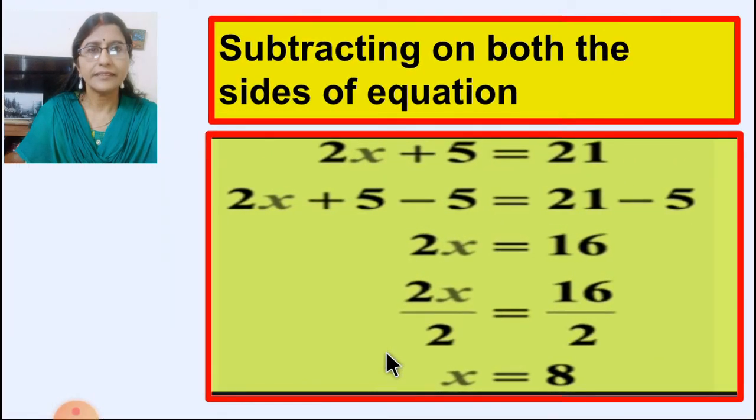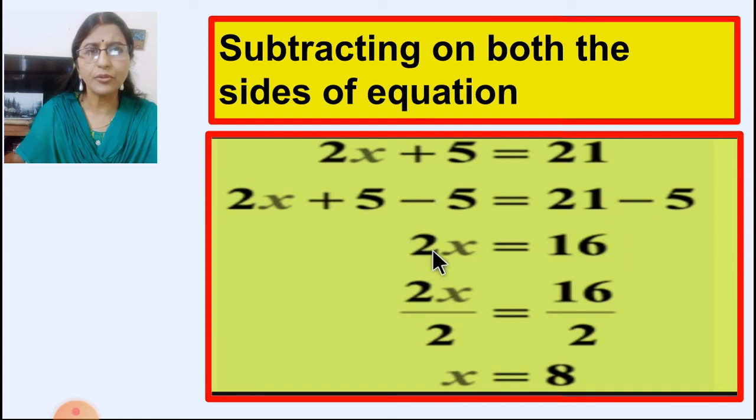Now see here, this is an equation, 2x plus 5 equal to 21. Here you see which method I have used. In 2x plus 5, first we will remove the number which is added to this term. So it is positive 5. To remove this, what do we have to do? We have to subtract. So this is the method, subtracting on both sides of the equation. So we are subtracting 5 on both sides of the equation. Here also minus 5, and on the right hand side also minus 5 is written. Now plus 5 minus 5 will be cut, so only 2x will be left. So we write 2x is equal to, now 21 minus 5 is 16.